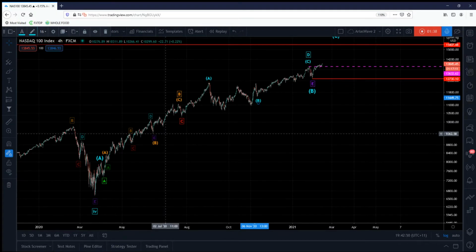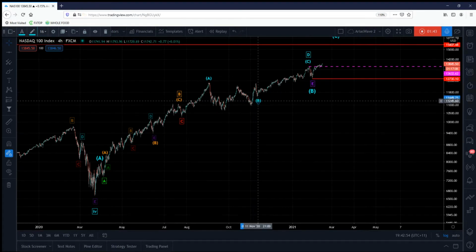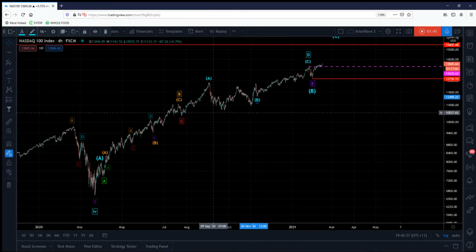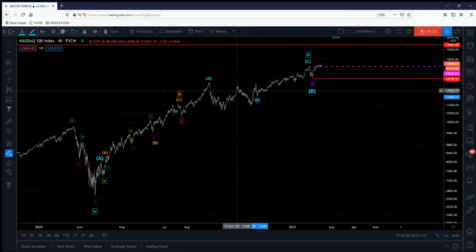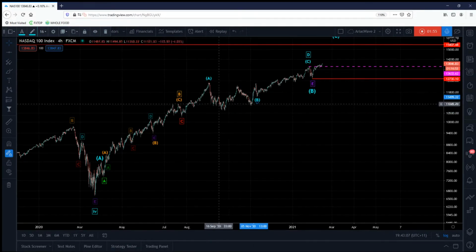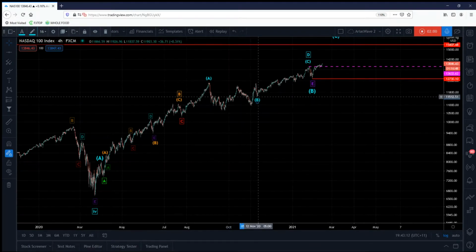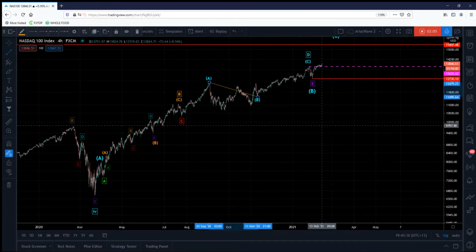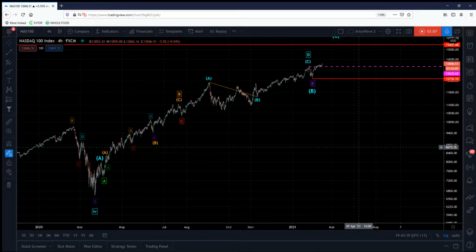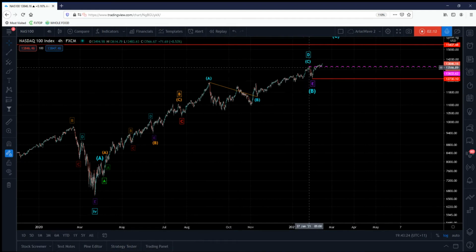So therefore, a lot of these corrective moves are not the easiest to identify, but there are certain things that I use to try and identify them. In this case, this move here being an AB. These waves here aren't the clearest waves, to be honest. So that's A, B, C, D, E right there. What can you do? It's best effort on that. So the thinking is that this is the A wave, this is the C wave, and that's the E wave,